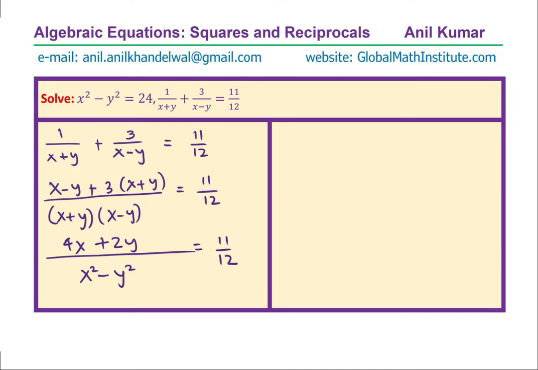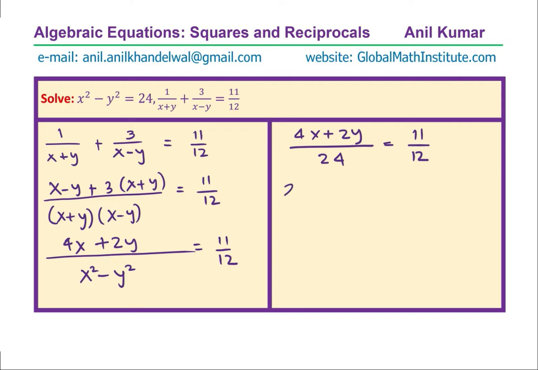x squared minus y squared is given to you as 24, right? So we could write this as 4x plus 2y over 24 equals 11 over 12. Now 4x plus 2y over 24, 11 over 12. You can always cross multiply, or at this stage simplify. So what you get from here is